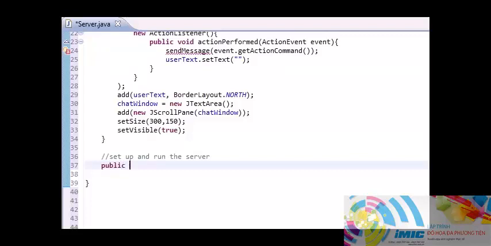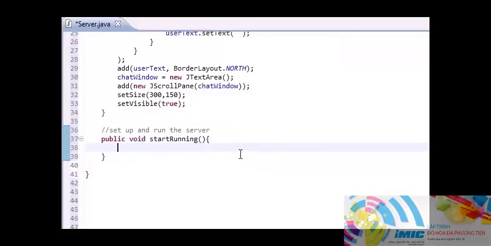Again, this is going to get called once your GUI is done being created. So what you need to do is create a method called public void startRunning. I think that's an appropriately named method. Now we're going to want to put all this in a try catch statement, so let me go ahead and do that right now. So try, or cry once we get some errors, catch,